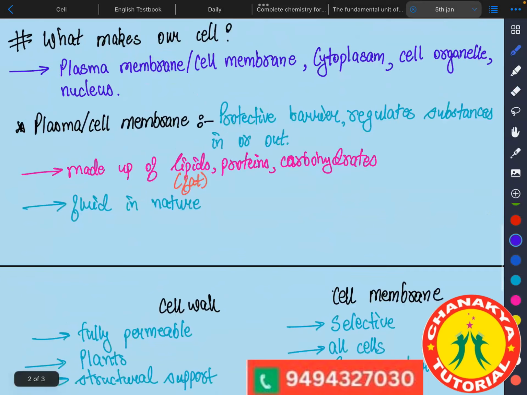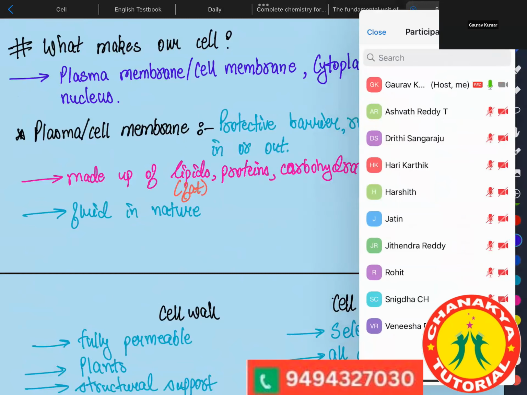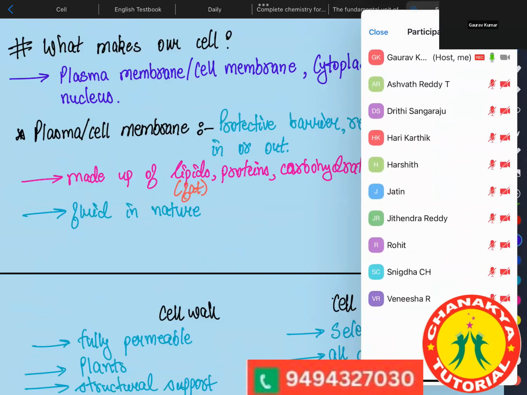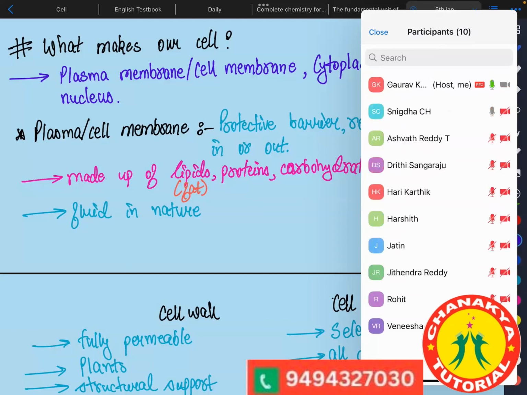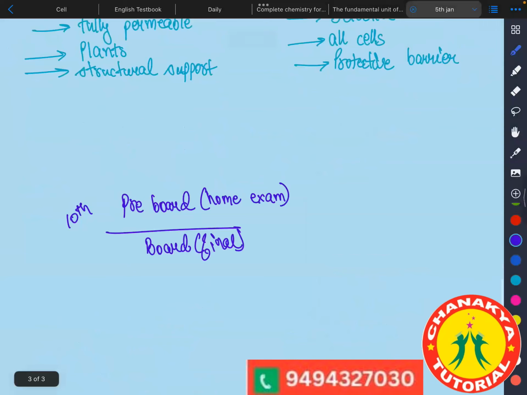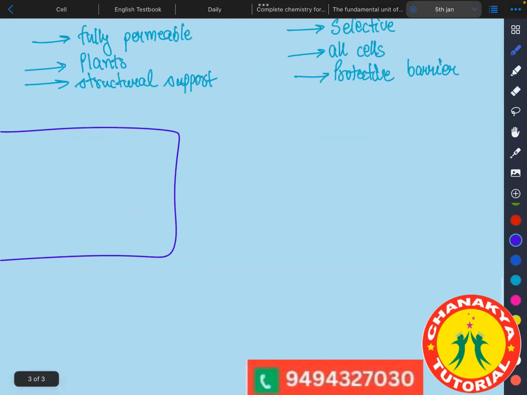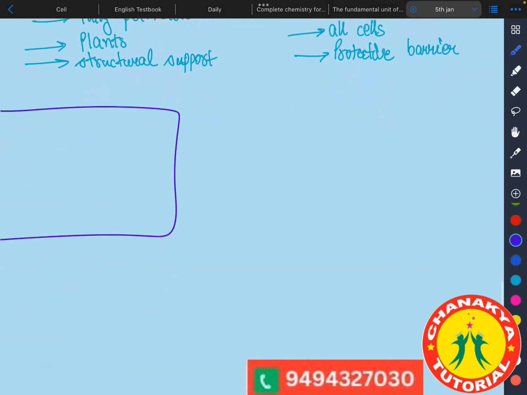Okay, fine. So as we were talking about plasma membrane, Snigdha told about hydrophilic and hydrophobic, right? Yes, sir. Okay, very good for your knowledge, and you reminded me of this thing also. I will read about it for my own knowledge, but it is not in your syllabus, so you don't have to go into much detail on the hydrophilic and hydrophobic part.